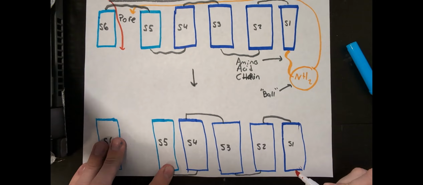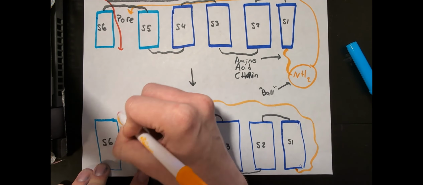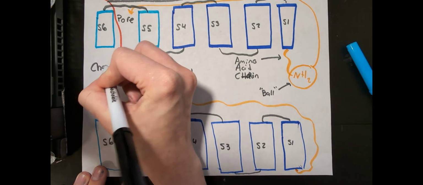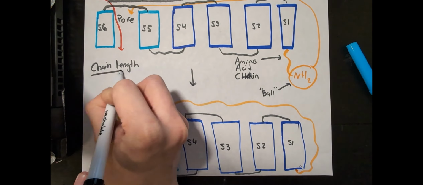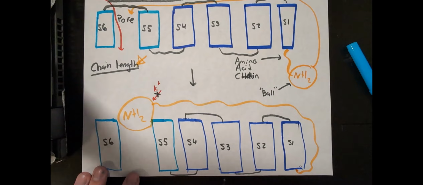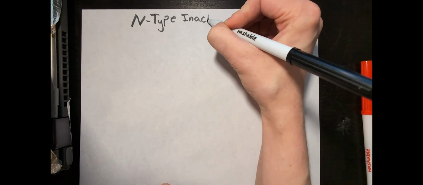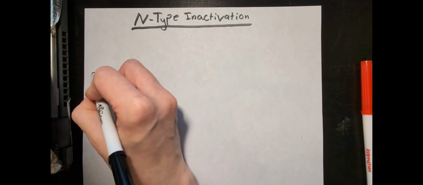And this will basically plug the hole of the pore, preventing any potassium from going through. And this is a very quick method of inactivation. And it's impacted by the chain length. This is really important, and I'll talk about it. So just to talk a little bit more about N-type inactivation,